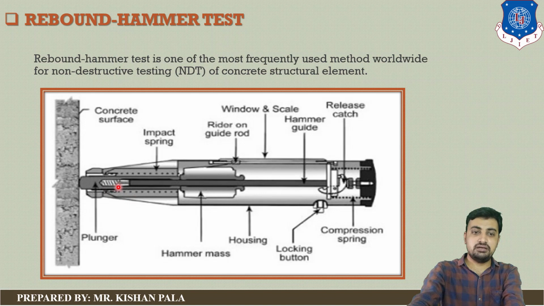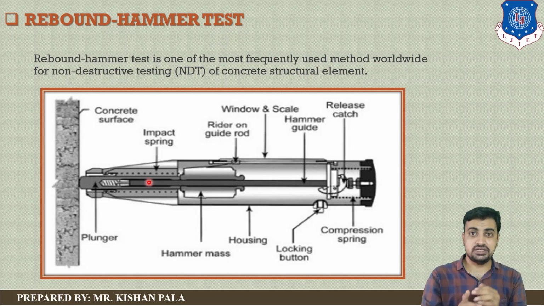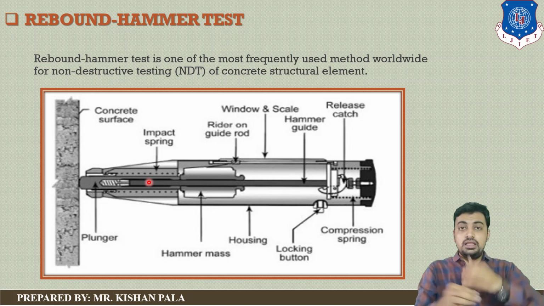Here the plunger with spring is pressed and then released, then the rebound mass is noted. The higher the rebound, the higher the compressive strength result of the concrete mass. This instrument is mostly used worldwide for non-destructive testing of the concrete mass. With this instrument you can analyze the increase in compressive strength over a certain duration, and this hammer